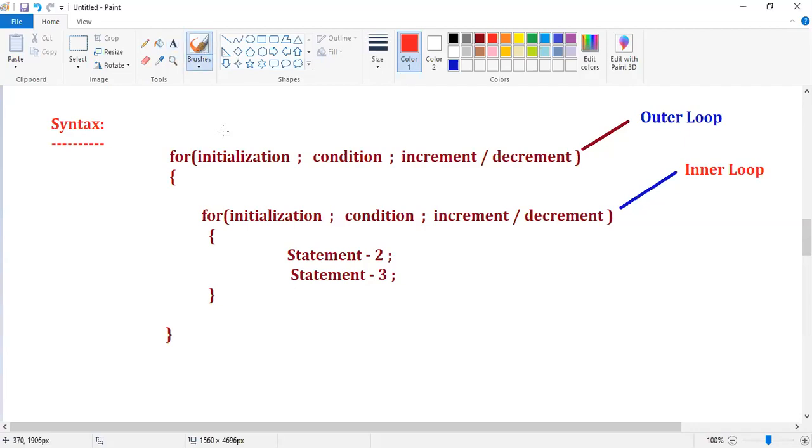First control comes to the initialization part, right? Don't forget your basic for loop syntax, guys. From initialization, control goes to where? Everyone, control goes to where?